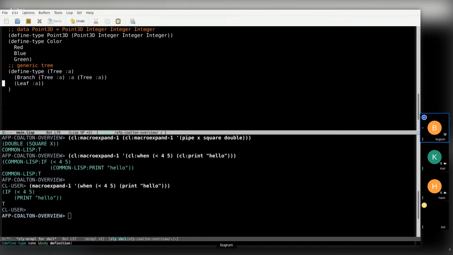So as you can see here, our generic tree that I introduced last week has a parametric type with the type variable of colon A. Now, one thing to be aware of is this colon A business is not only just a type variable,